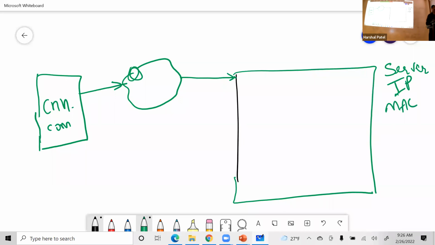Every server has essentially what is known as an IP address and a MAC address. You will always have only one MAC address per server, and you can have multiple IP addresses per server. Within that server,